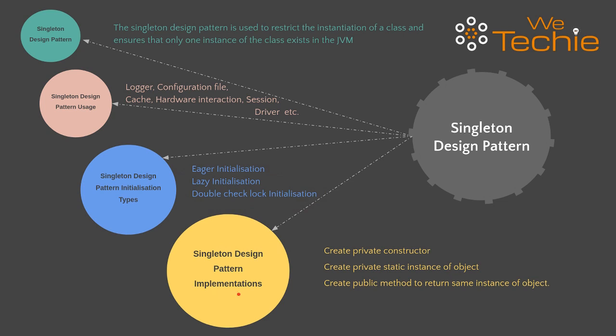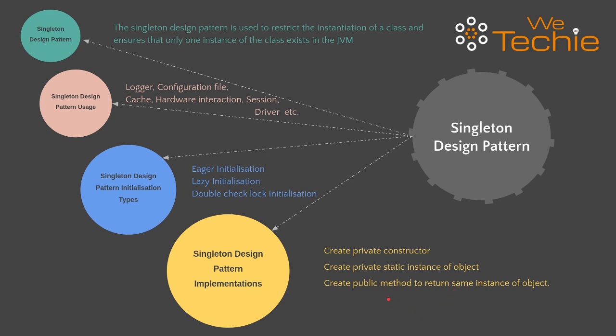Now another part is the singleton design pattern implementation. First we have to create a private constructor so that it can prevent the creation of objects from outside. All right. Another one is creating a private static instance of the object so that we can return the same instance back to the caller method. Now we have to create a global access method which will return the instance of the object, right? Whoever wants to access or create the object can access this global method, and this method will return the same instance of the same class back to the caller method.